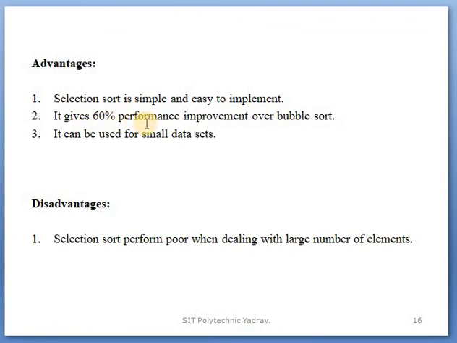After that, it can be used for small data sets, same as the bubble sort. That means it can be used if your list is small, that is, your array size is small. When it gets bigger, your passes will be bigger. For example, if you take 20 elements in an array, 19 passes will be created. So that is confusing, so it can be used for small data sets, meaning small arrays.